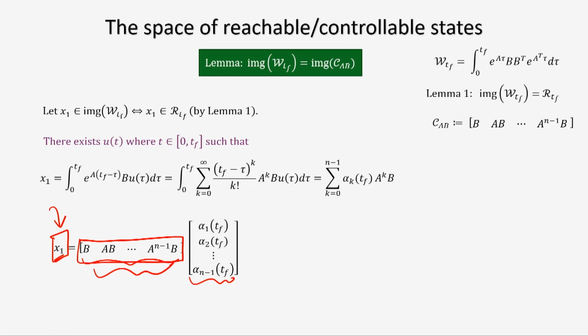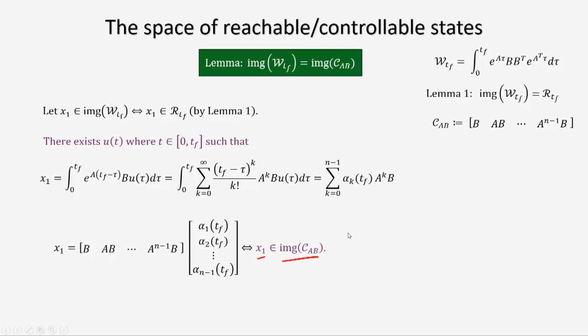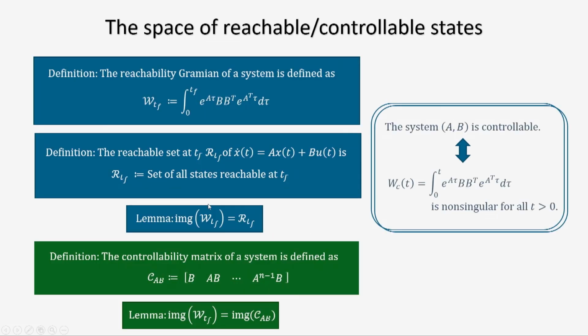And that is the reason. Again, this proof is half, actually you have to also show another half, but in general you understand the idea that the reachable state can be written as a linear combination of the columns of b, A b, A square b up to A to the power n minus 1 b. Okay, and that is the reason x 1 will belong to the image of the controllability matrix, and the other way around can also be shown, that if x 1 belongs to the image of the controllability matrix, then x 1 will also belong to the image of W T f. That is the part I am skipping here, but just to give you an idea, I showed you this half proof basically.